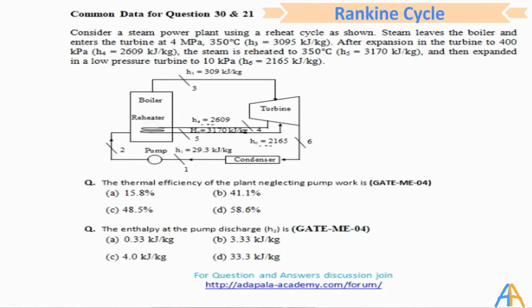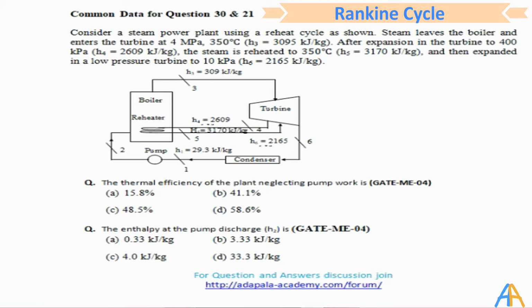Consider a steam power plant using a reheat cycle as shown in the figure. Steam leaves the boiler and enters the turbine at 4 megapascal, 350 degrees centigrade, where H3 is given as 3095 kilojoule per kg. After expansion in the turbine to 400 kilopascal, where the enthalpy is again given, 2609 kilojoule per kg, the steam